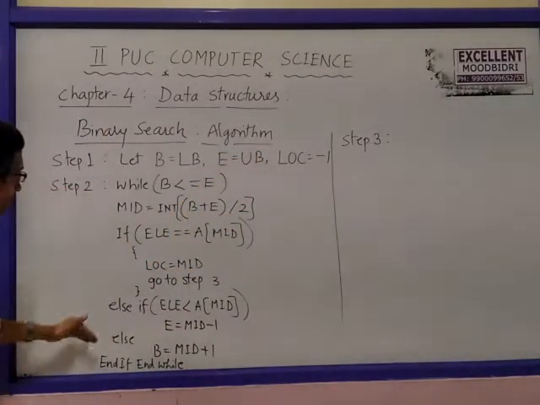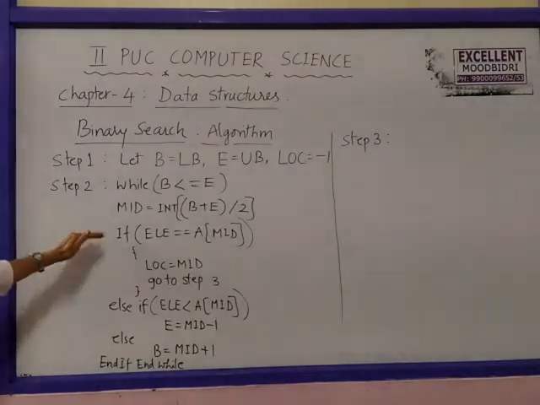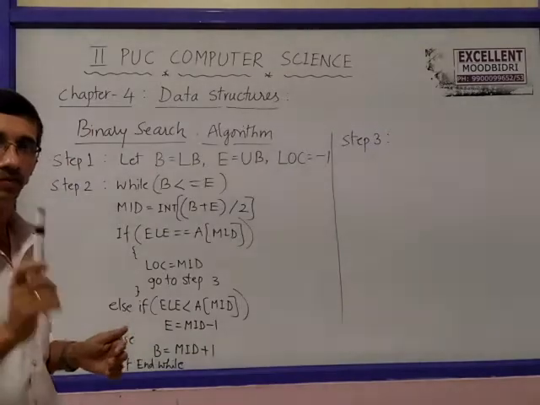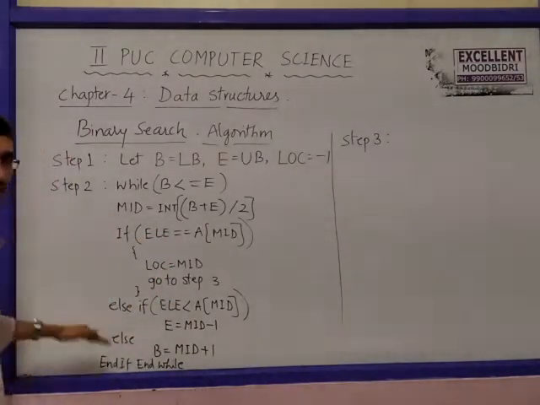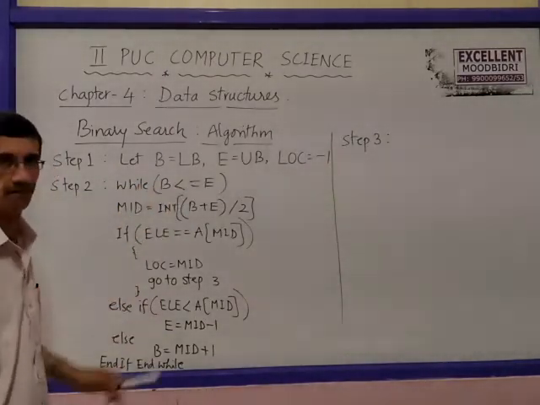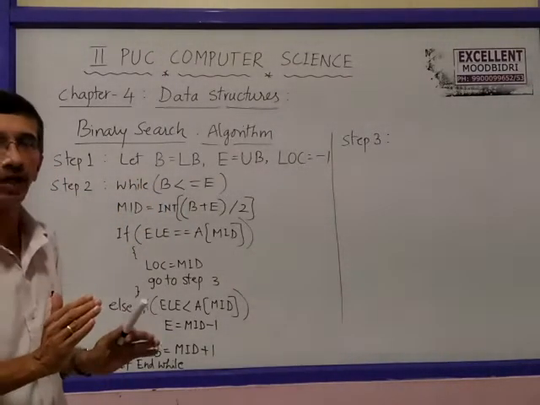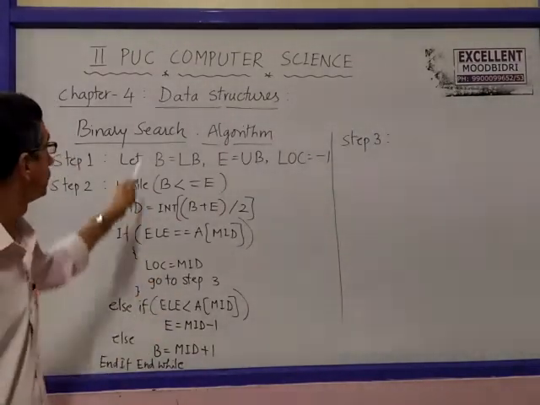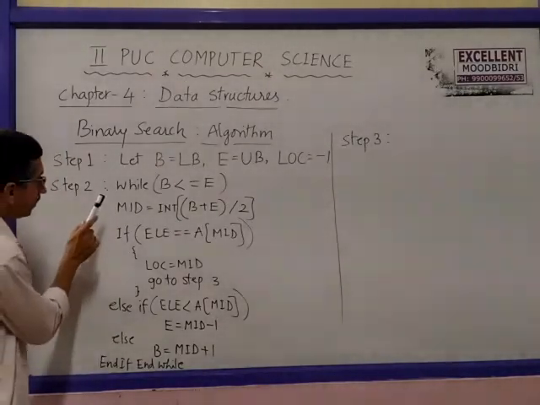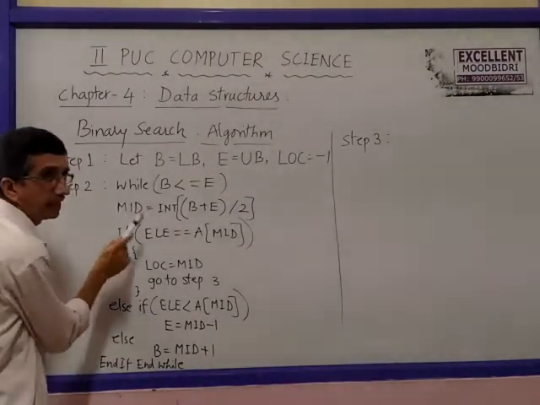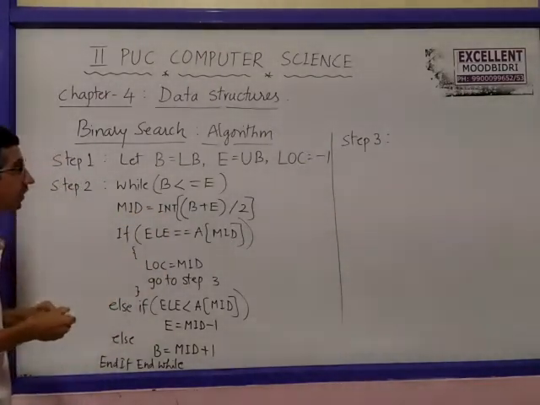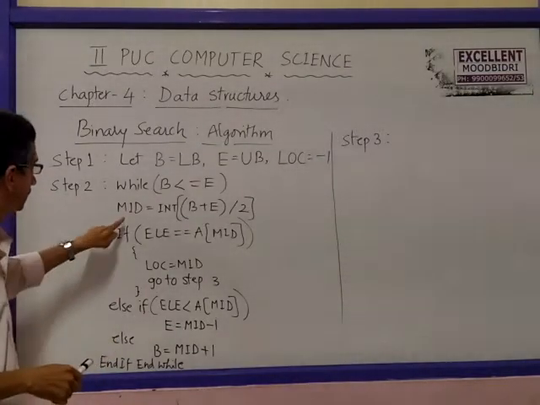Next, step 2 is the actual algorithm of binary search. Here, within the loop, we divide into equal halves, find the mid item, comparison, everything happens in the while loop. Now, while, look at the condition. Beginning is less than or equal to end. Beginning, B should always be less than or equal to end because it is the lower index, it is the upper index. Within the while loop, do the process. Mid, find out the mid item. Mid is equal to integer division of beginning plus end by 2. Find out the mid item, the index.